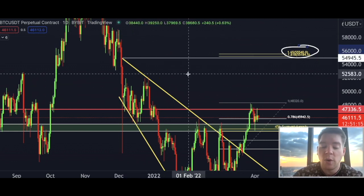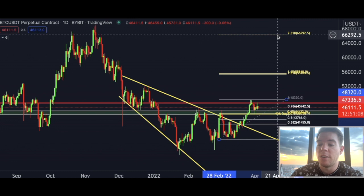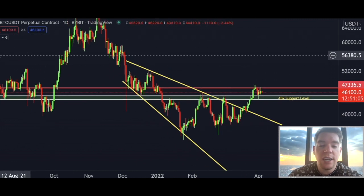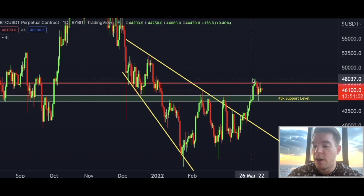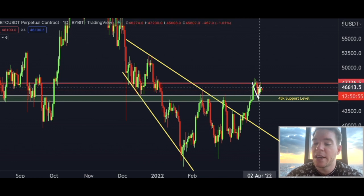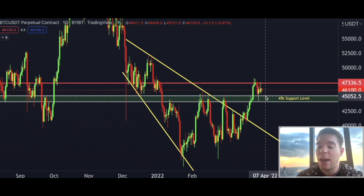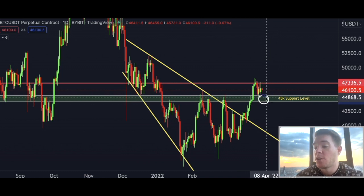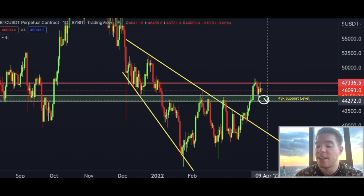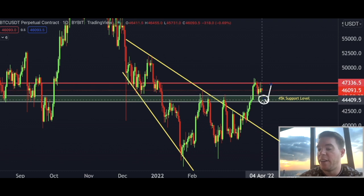So how would I trade this now? If I would be on the sideline, what I would not do is short Bitcoin, because we could see a really fast recovery of the Bitcoin price, something that we have seen over here, where the Bitcoin price comes down and immediately back up. If you short this, you will only get wrecked. So that's why I will not recommend this. But I would set some buy orders for a potential long position. That's also what I'm doing, to catch this and then ride it to the upside with a long position. Between 44,000 and, let's say, $44,800, I would place some buy orders to catch this nice long